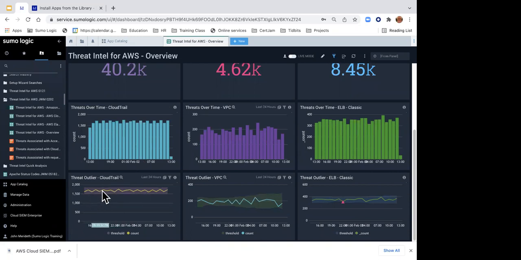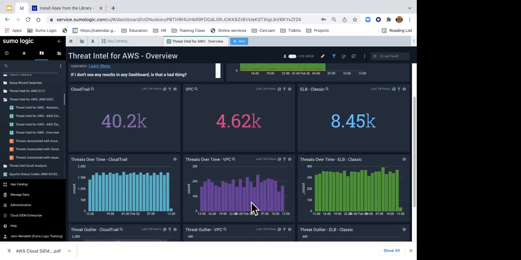And then down here, I can also see, within my range, is it pretty consistent? Do I suddenly have new spikes? Do I suddenly have a new attack going on, right? So I can see how things are trending normally. And again, in this case, it's actually gone down a little bit. But, again, you can see, do I suddenly get a spike? Do I suddenly have issues? That sort of thing. And all of these are made up by a query.